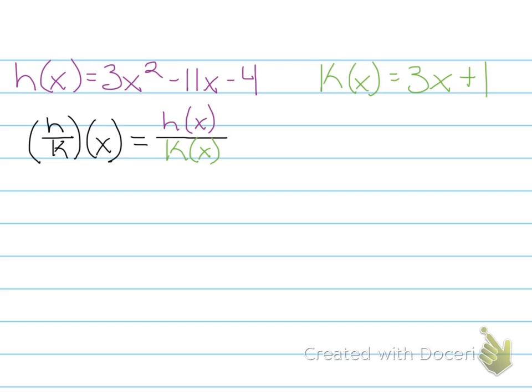Okay, so really what that means is that I'm going to take my h of x function rule divided by the k of x function rule, or in other words, 3x squared minus 11x minus 4 divided by 3x plus 1. Now, because we are doing this so early on in the year, if you don't remember how to factor,